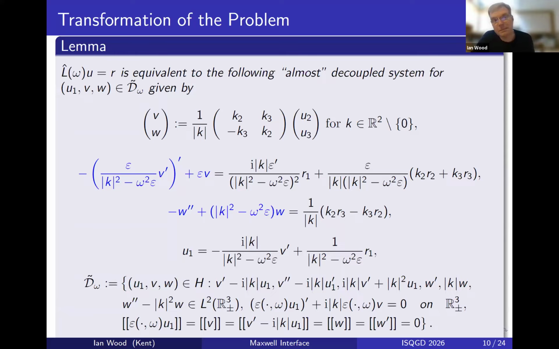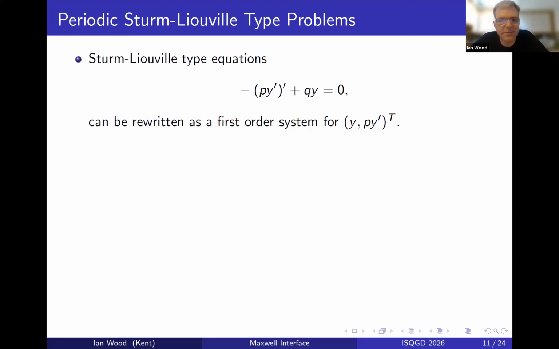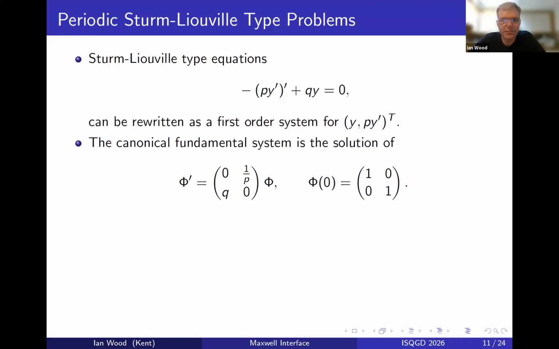Okay, so I need to introduce just a bit of notation and concepts relating to the periodic case. So we've got Sturm-Liouville equations of this type here. I'm just writing the coefficients as P and Q here. You can write then the canonical fundamental system for this problem as the solution to this matrix problem here. And we're fixing initial conditions at 0,